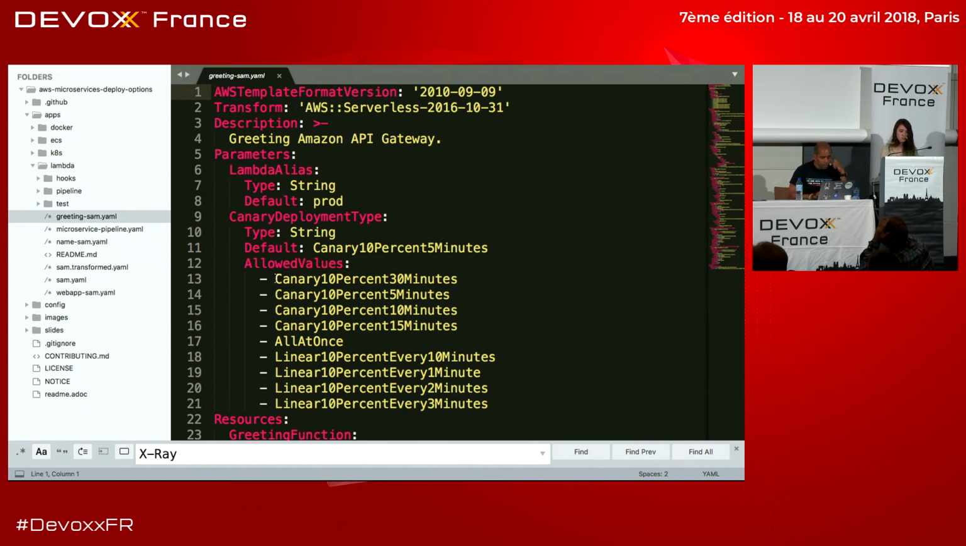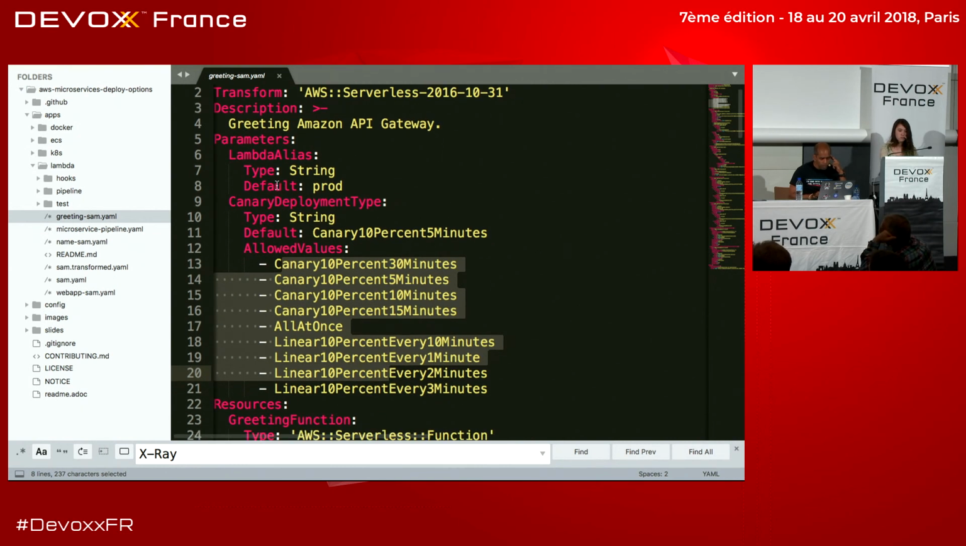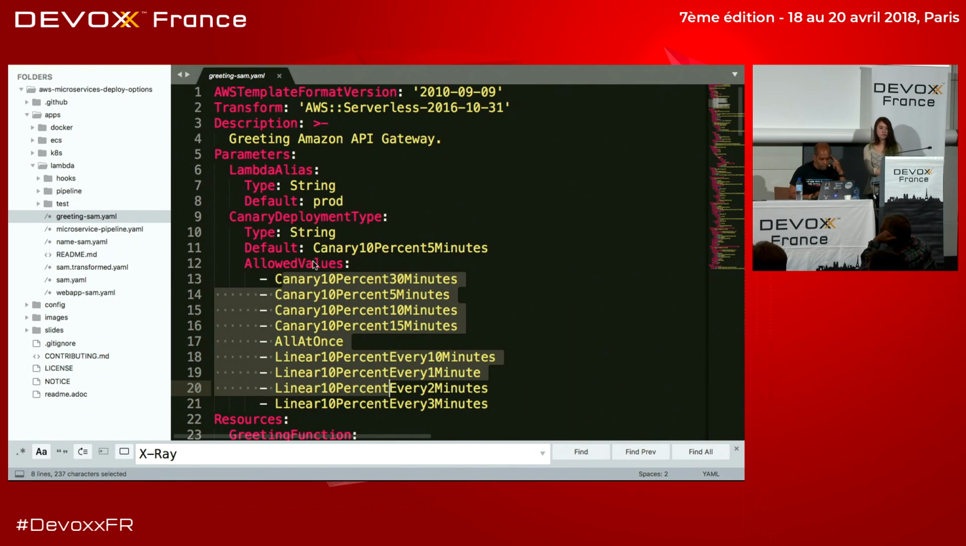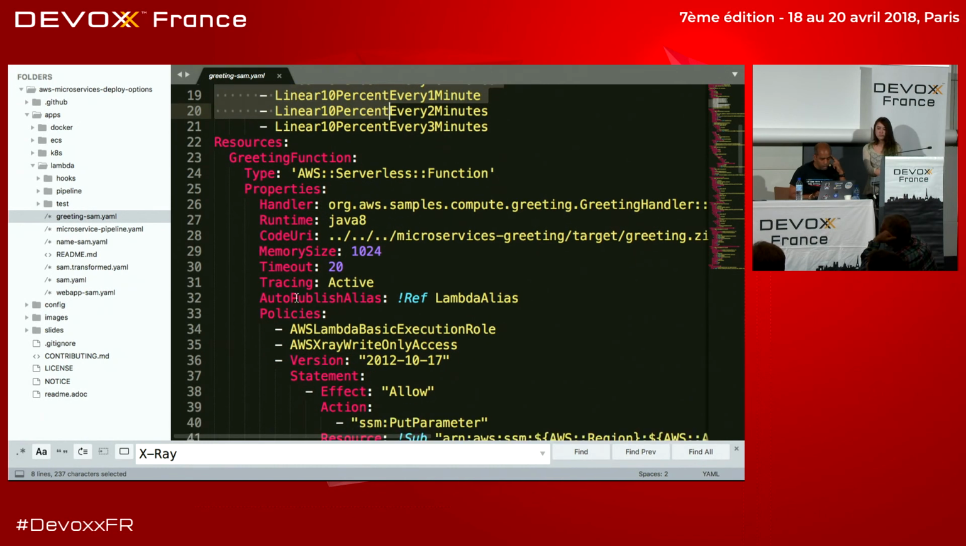But here, these are sort of my different allowed canary values. I'm just taking a default. Okay, this is really my SAM template, essentially here. Here is where I'm defining what my Lambda alias is. The default is prod here. And if I go down, so these are only my parameters here, okay? Now if I go down here,